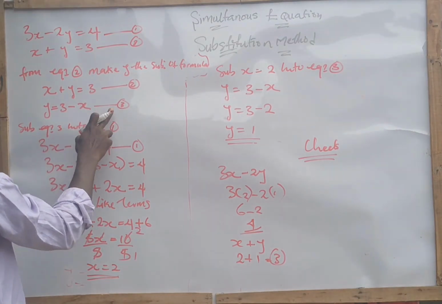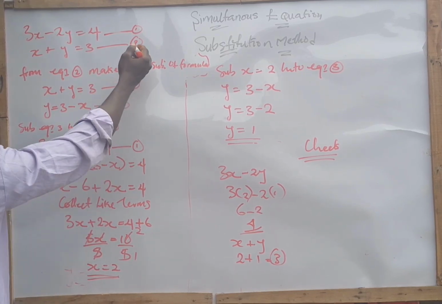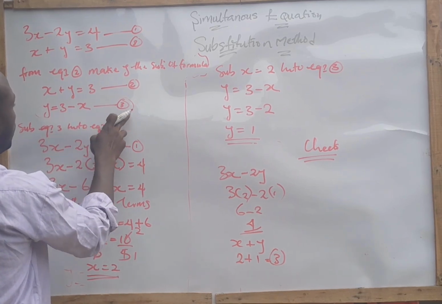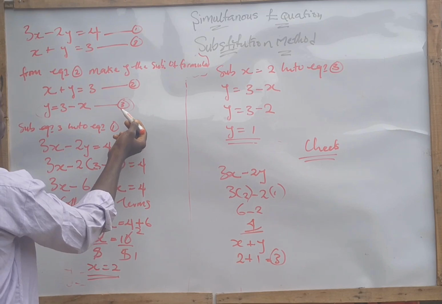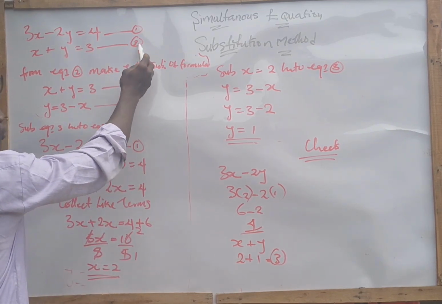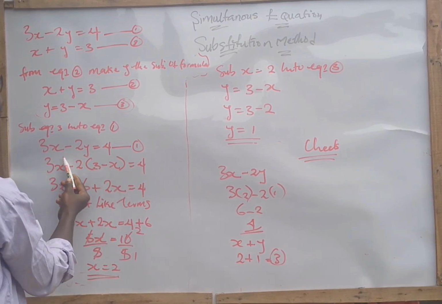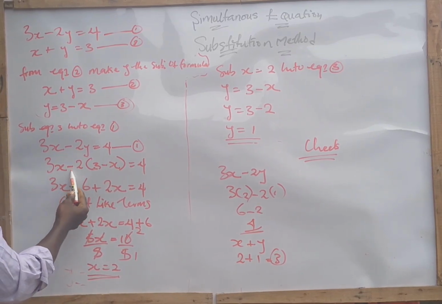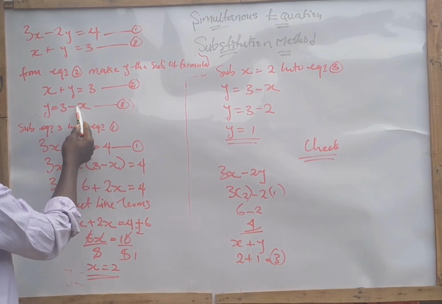So substitute equation 3 into where? Into equation 1. Why didn't we substitute into equation 2? It's because we derived our equation 3 from equation 2. So we don't need to substitute into equation 2 again, but into equation 1. So this is our equation 1, 3x minus 2y equals 4. Bringing it, we have 3x minus 2, open bracket, 3 minus x, which is our y,